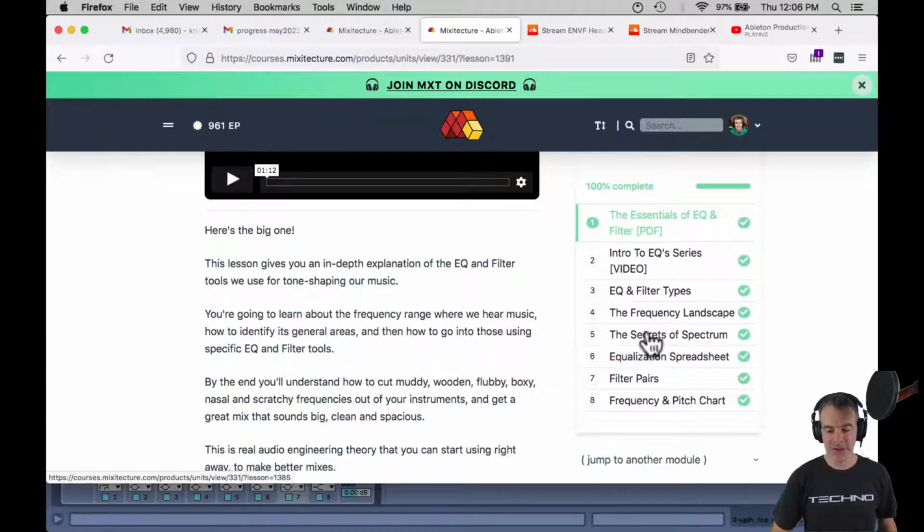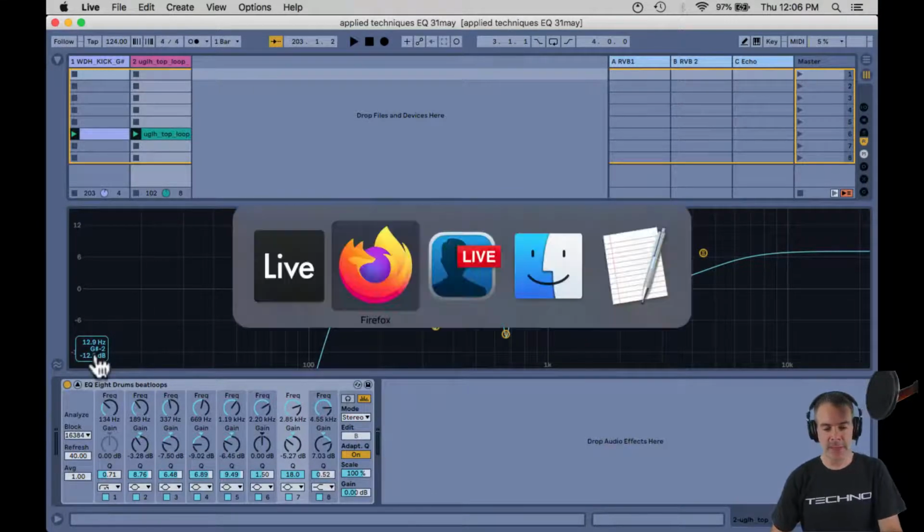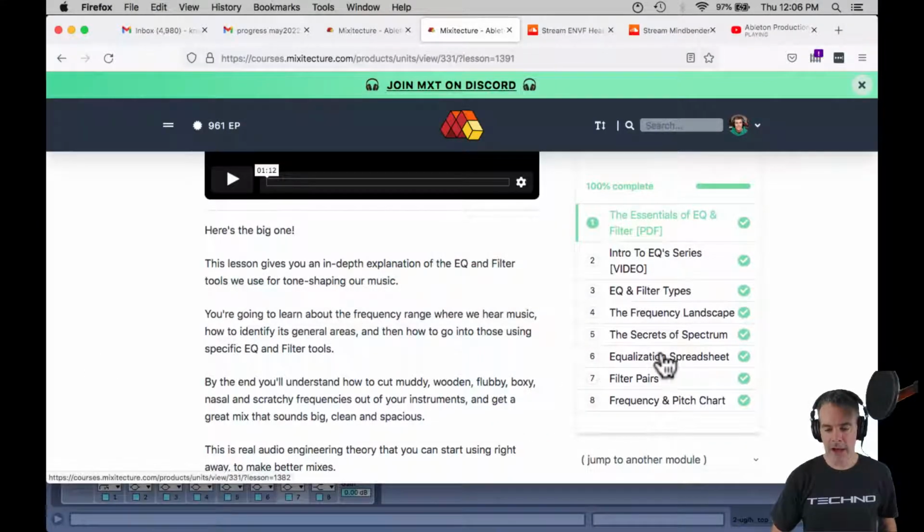The Secrets of Spectrum is all about the actual spectrum analyzer in Live, where you can actually see the sound graphically and pinpoint which frequencies things are happening at. We've got an equalization spreadsheet, filter pairs, and a frequency and pitch chart. You'll find out all these things and learn some really amazing things about how to solve your EQ problems, especially